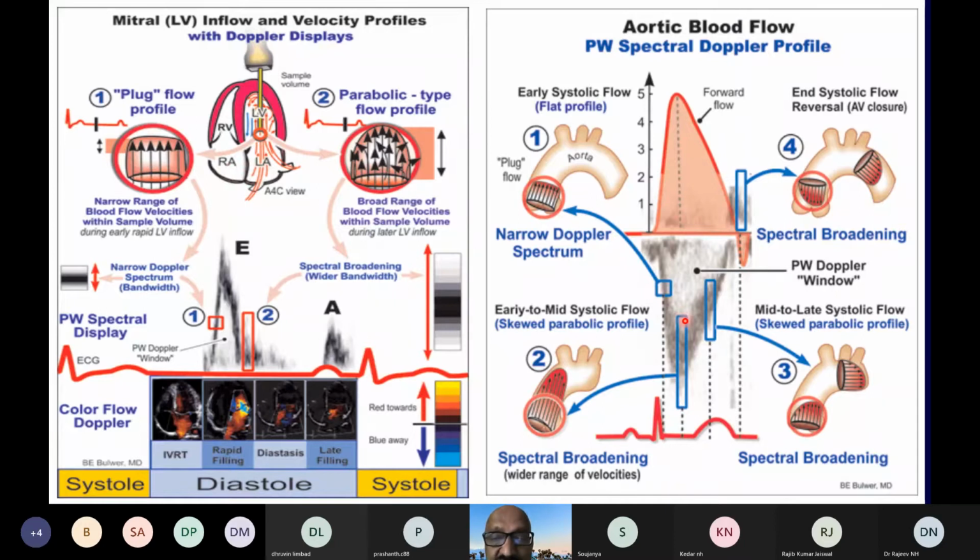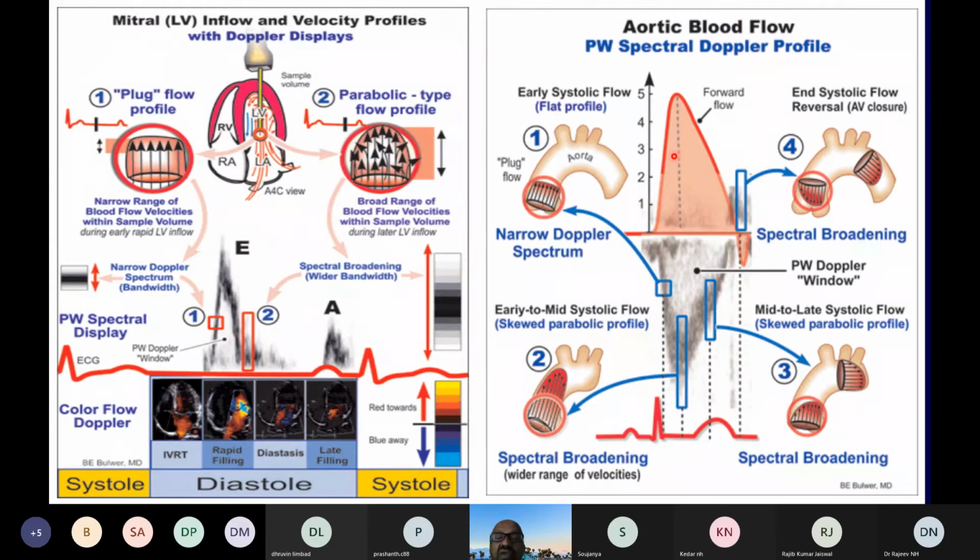On the right hand side, this was the mitral valve. We are looking at the aortic valve here, and here we are using the 5-chamber apical view in transthoracic echocardiography. You are looking at the aortic blood flow using pulse wave Doppler, and because the aortic blood flow is occurring away from the transducer, unlike here where it was occurring towards the transducer, getting a positive wave.